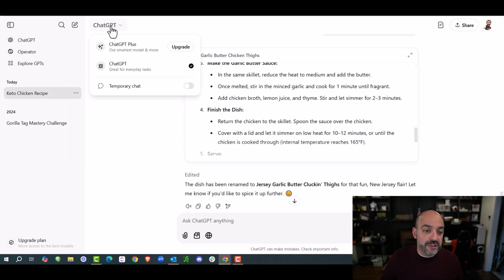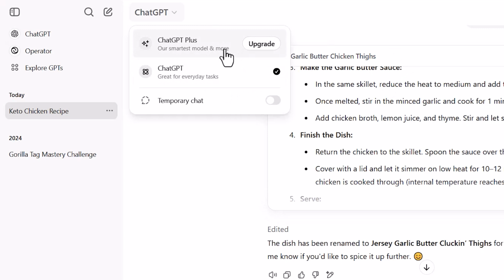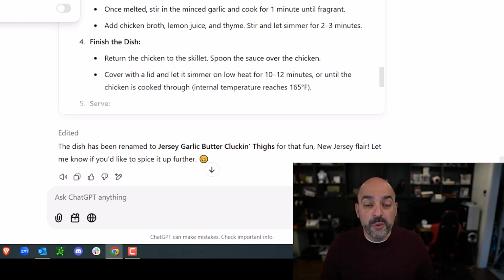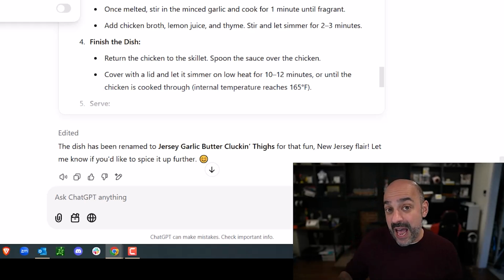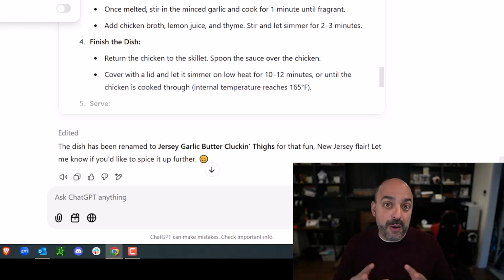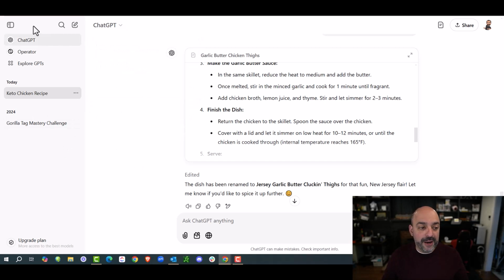So now if I go to ChatGPT, you're going to notice that I do not have a selection of different models. I also have the ability of doing in here ChatGPT Plus, which is the upgrade from your normal one, which is the one that I'm currently using right now. And now there's even a Pro, which I'll get into because that one's really complex and has a lot of really cool features. But we're going to stop right here.